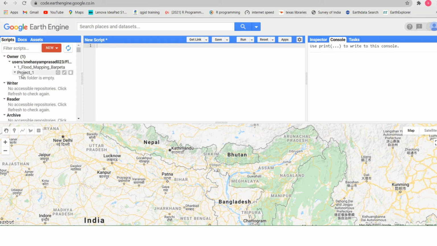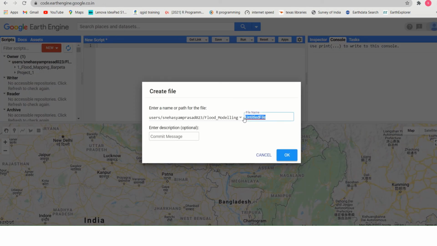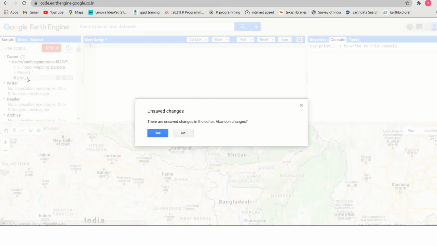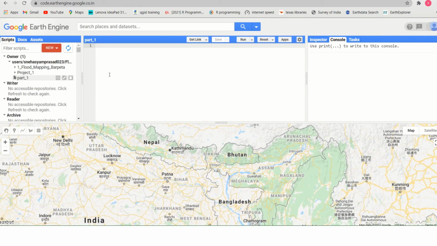This is a folder. Then I'll create one file with the name part 1. Just click part 1, and you can see it will come in the project 1. If you haven't saved, it will show a message to save the particular page. Okay, so in part 1, here I'll write